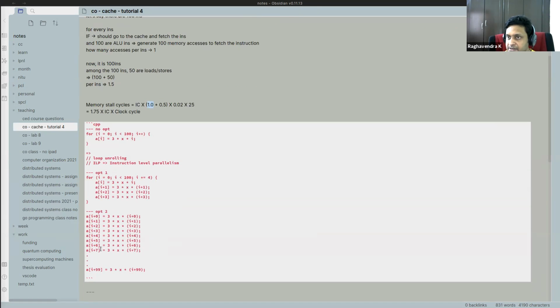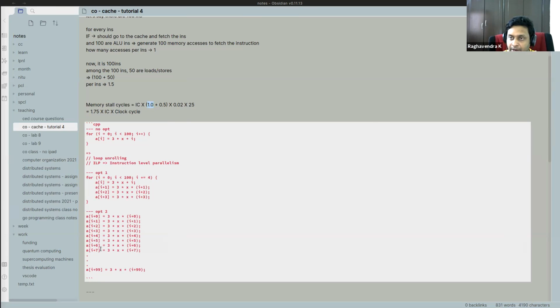If I generate 1 billion instructions, of course I have reduced 250 million branch instructions. That is really great. But these are not actual instructions, right? Because there is one same program counter that is being called again and again. But here they are all different program counters. It means that I have generated 1 billion instructions. And even though I will not have a structural hazard, I will have memory stalls, right?